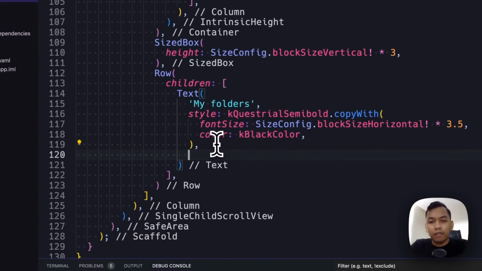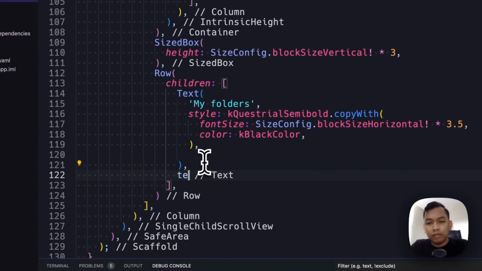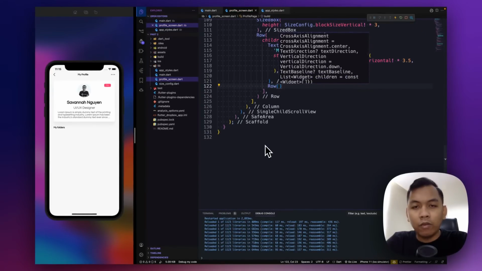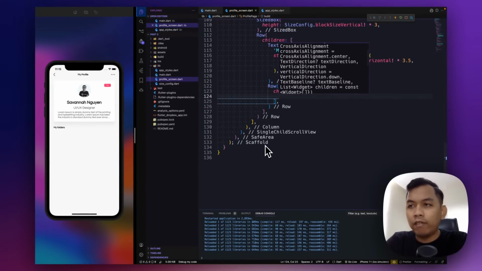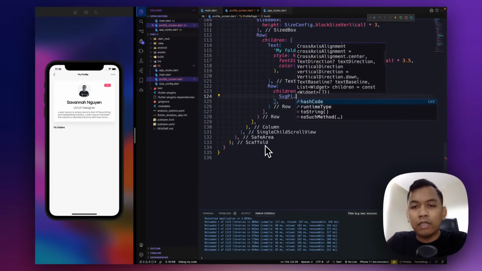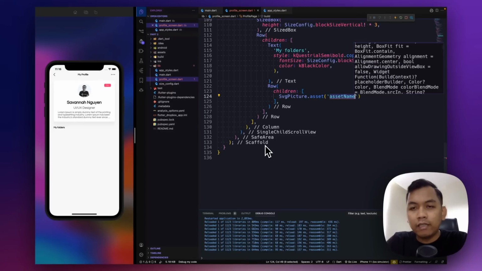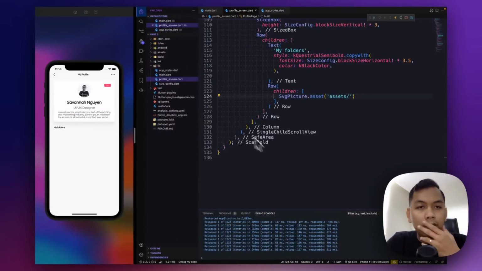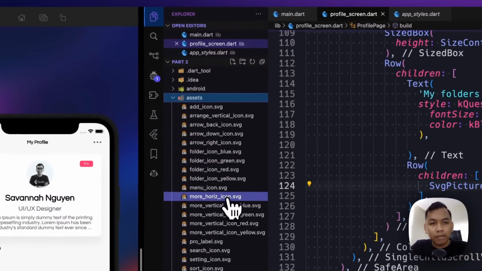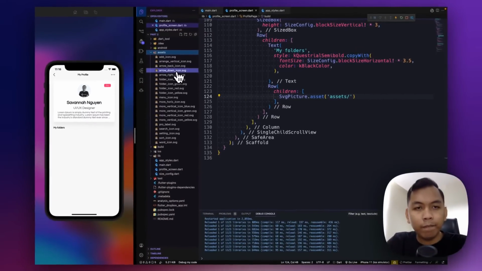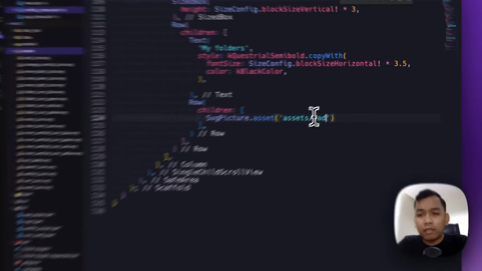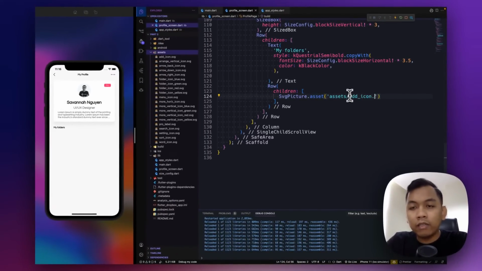Below this text widget, row widget. You know, row widget will have children, and the first children will be SVG picture dot assets. SVG picture, and we call assets. What is this asset's name? I think add icon. So the first will be add icon dot svg.